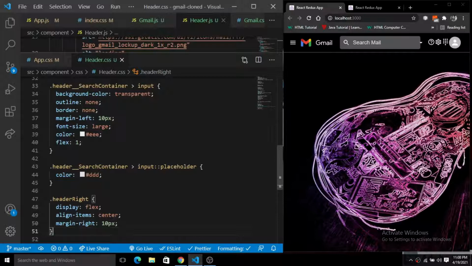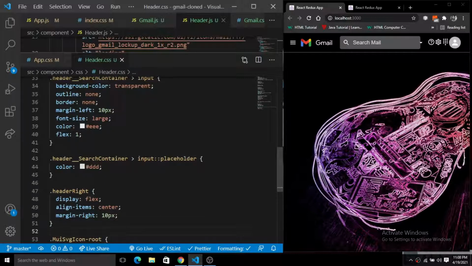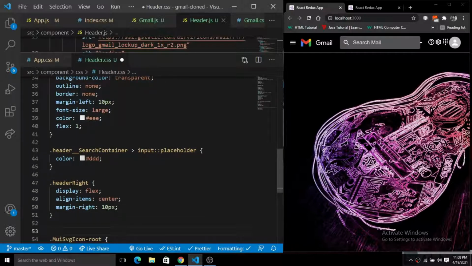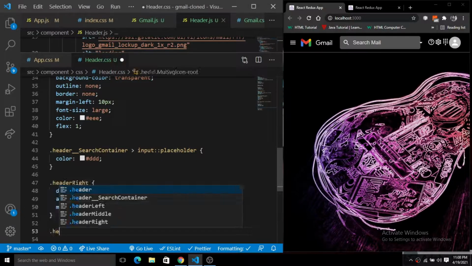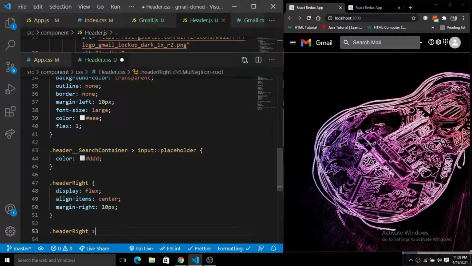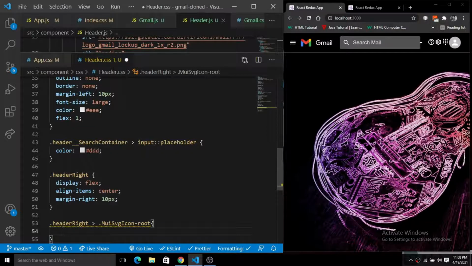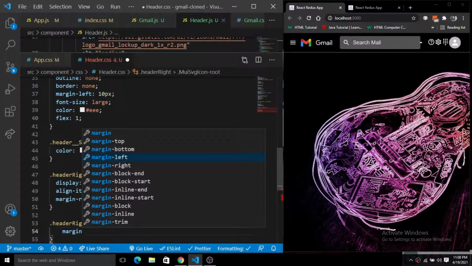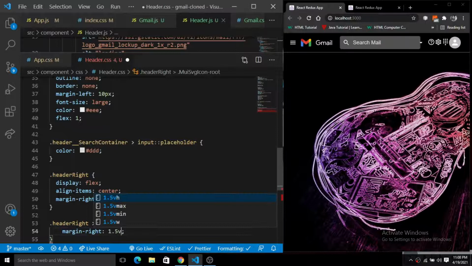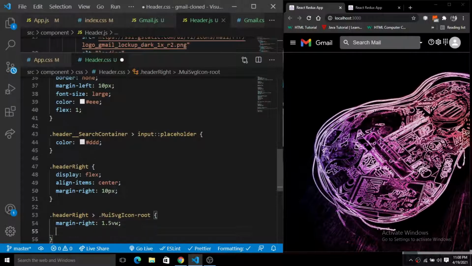Next we have the icons here. Inside of this header right we have Material UI icons. We'll give the margin right of 1.5 vw, so it will be shifted somehow.